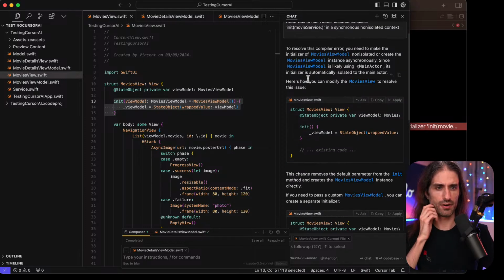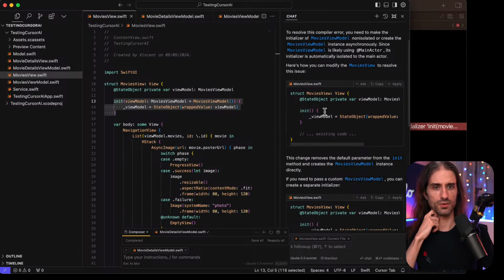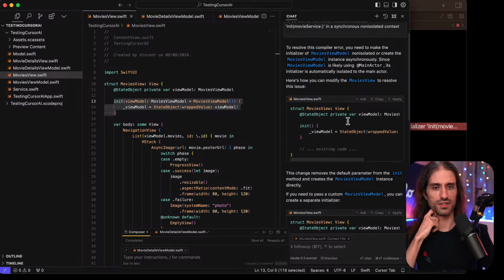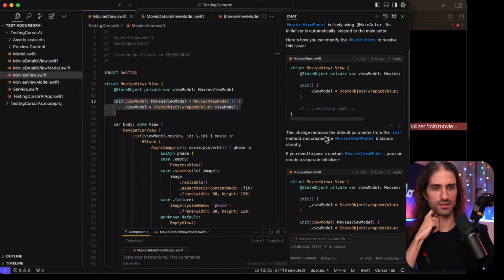So to resolve the compiler error, you need to make the initializer of movies model non-isolated or create the movies view model instance asynchronously. Since movies view model is likely using @MainActor, its initializer is automatically isolated to the main actor. Here's how you can modify the movies view to resolve the issue. Okay.